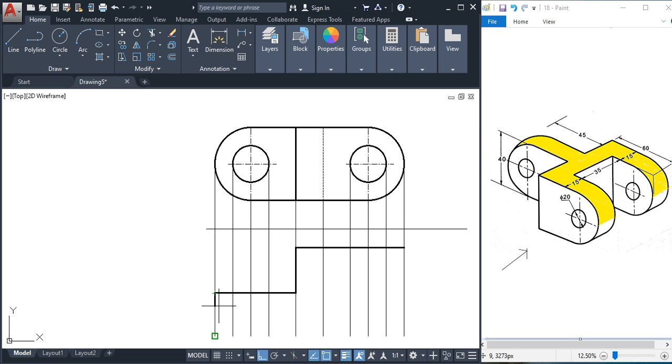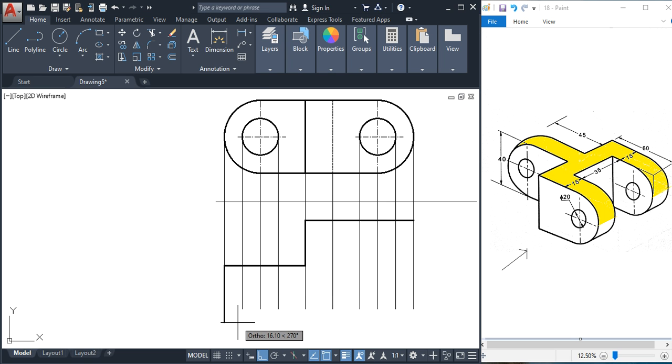If you see, we'll get the thickness of this one, and you can draw a horizontal line up to this point here, and now you can draw once again a vertical line of 25 here.